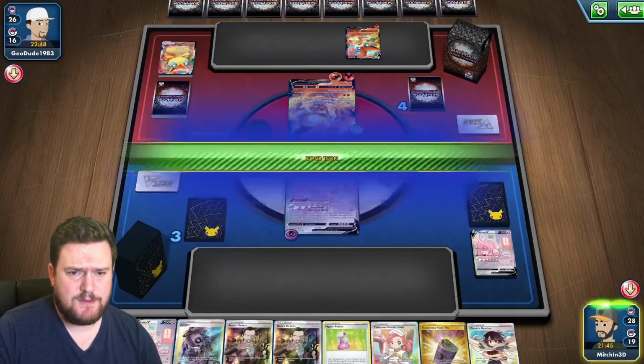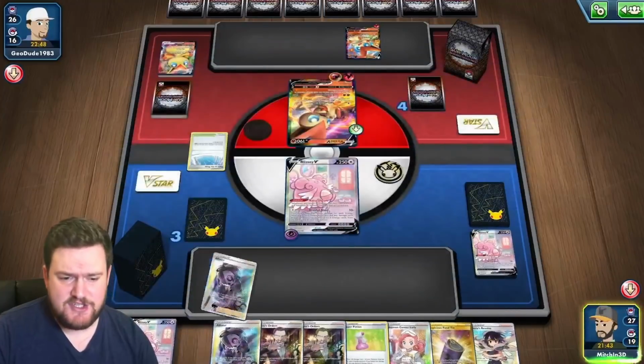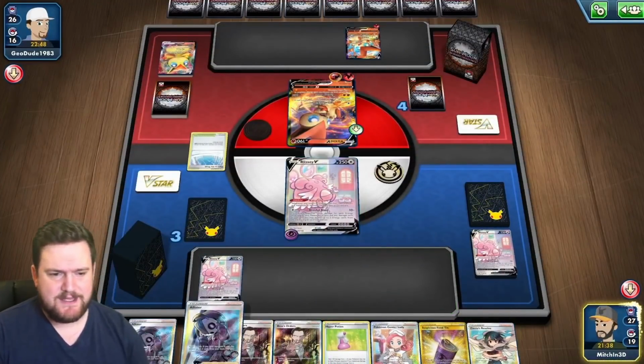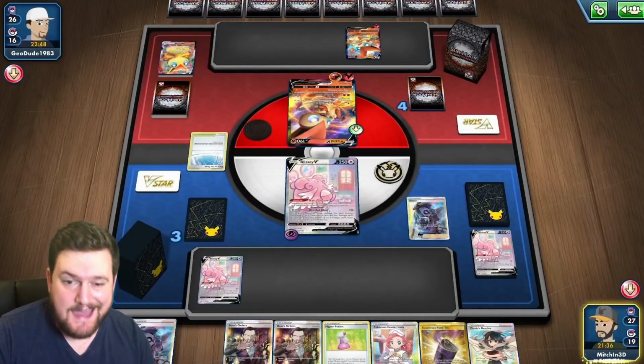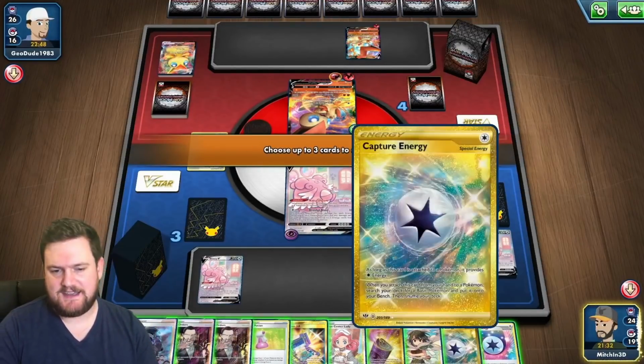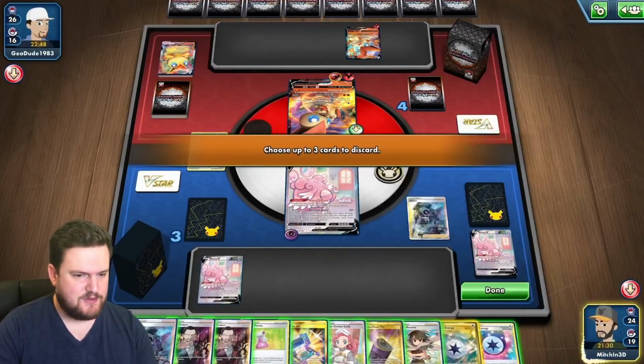And then, what are we going to do here? Well, we've got an energy on the active, so we can at least attack. I'm going to play down the 2nd Blissey onto the bench, and then I think we Allister again. Hopefully we find some energy, and we do. I'm going to discard that, and I'm also going to discard...